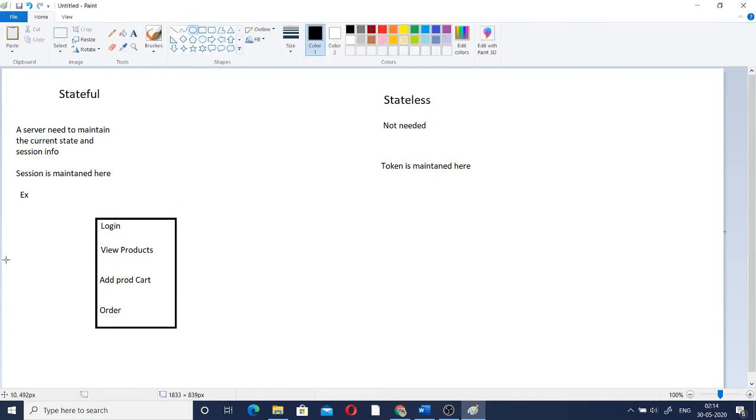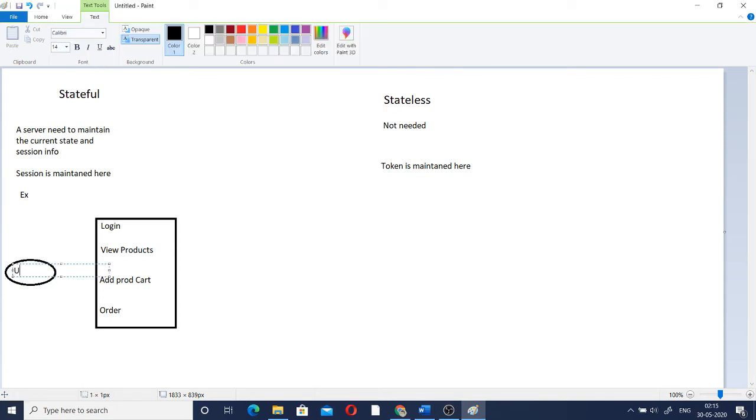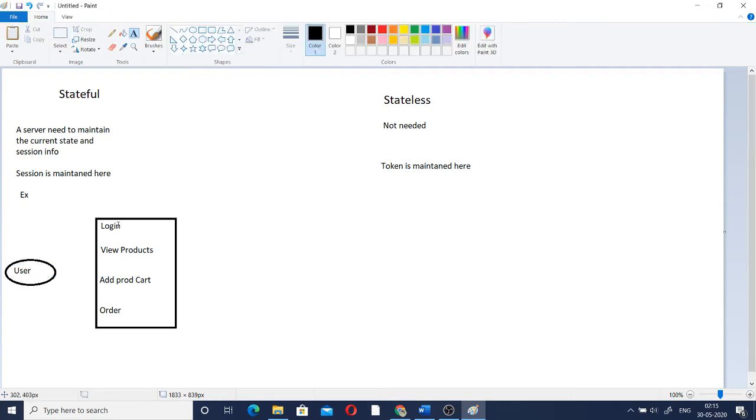So the user first logs in based on the user ID and password he is giving. So here the user initially logs into the shopping portal based on the user ID and password. As I told already, the session ID is maintained here.